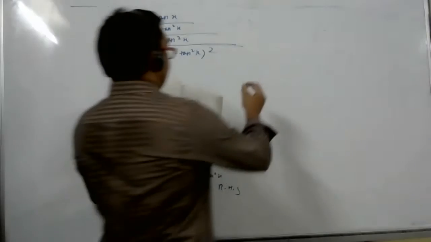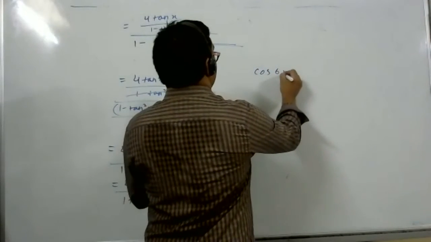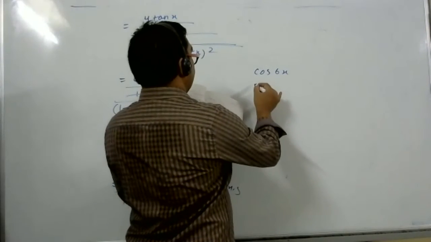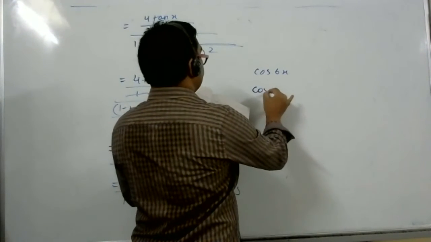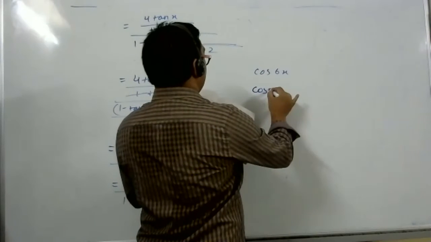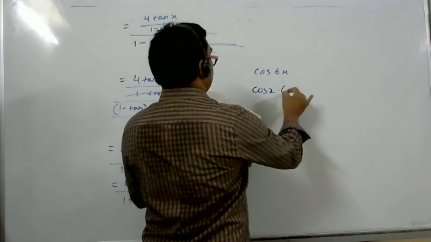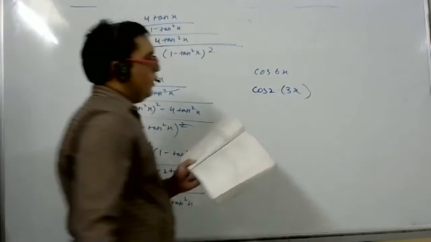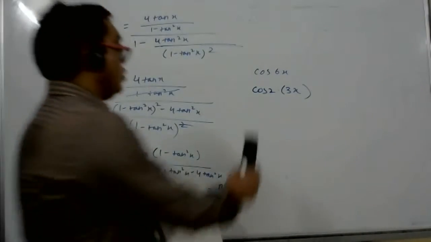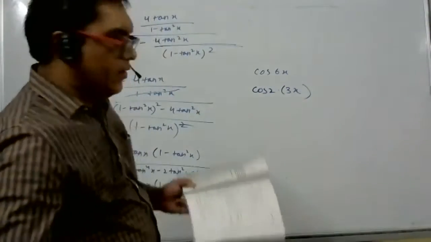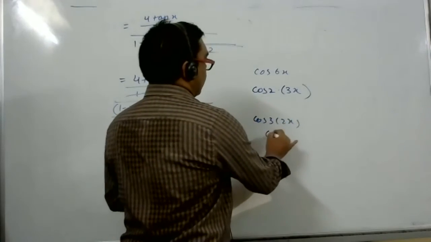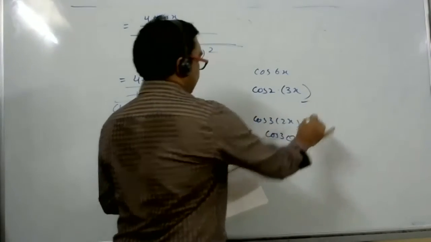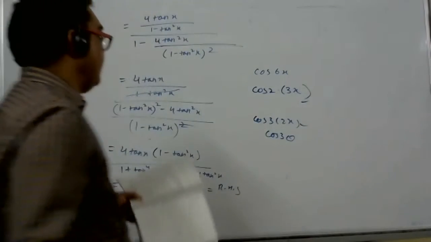So here, cos 6x is there, na, student? Yes, sir. You write this as cos 2 into 3x. This way you write and do. Cos 2 theta. I think this way also it will work: cos 3 into 2x, so here you use cos 3 theta. I think both will work. You check once. Okay. And now tell me which sum I should do.